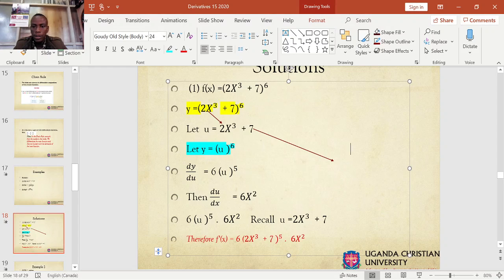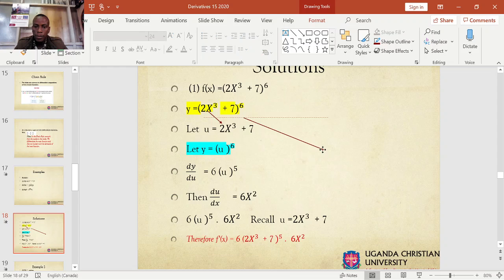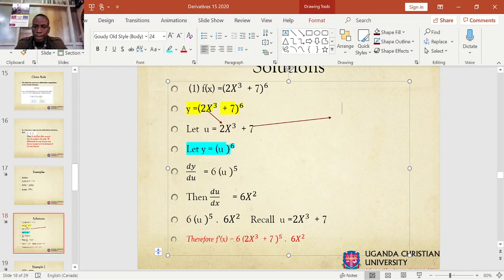Okay, we are looking out for du dx. Yeah, du dx. If you recall, we said